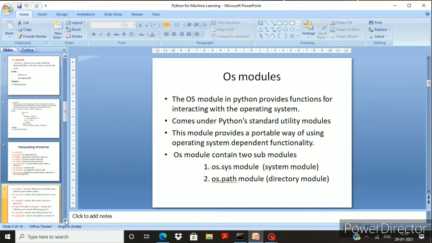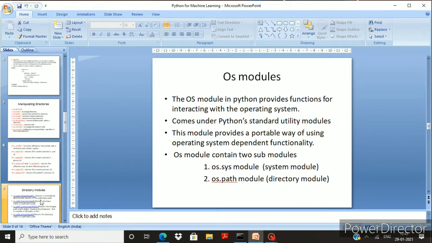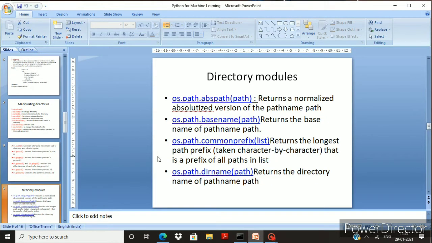Today I will discuss the directory modules. There are 30 different types of directory modules, and I will discuss only 15 of them with execution, and the rest of them you should do yourselves and give me a print screen on the WhatsApp group. Then only you will get attendance. Okay, so now we can move on to the directory module.